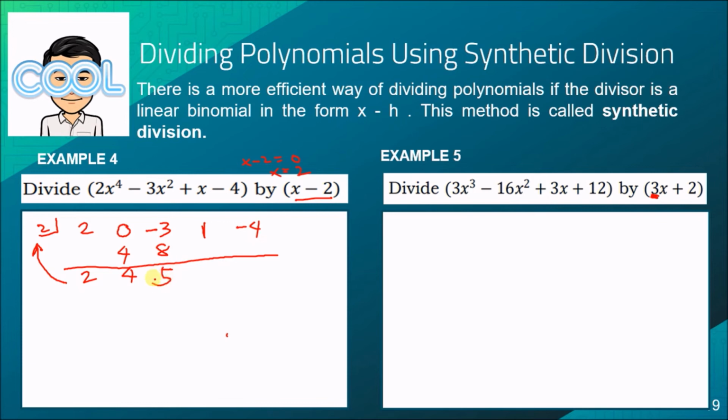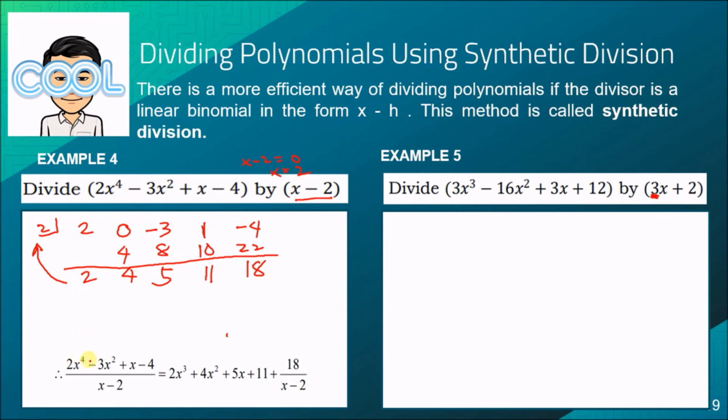I-add mo, merong 5. Yung 5 na yan, multiply mo dun sa 2, sulat mo siya dito. Then i-add mo, 11. 11 times 2, that is 22. Okay? And then i-add mo yan, magiging positive 18. To finalize the answer, okay, be careful with this. Pag i-finalize na natin, kung i-check natin,